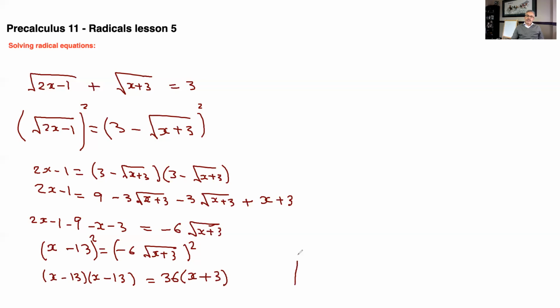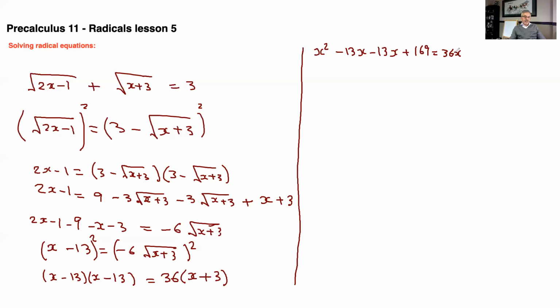I'm going to take this here and I'm going to start foiling. So x squared minus 13x minus 13x plus 169 equal 36x